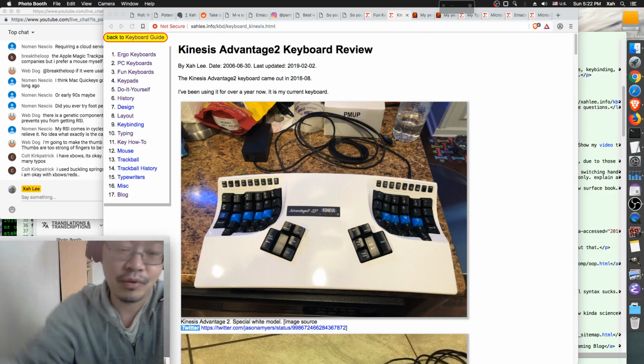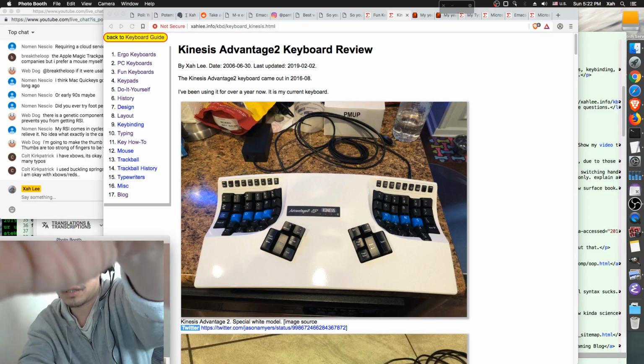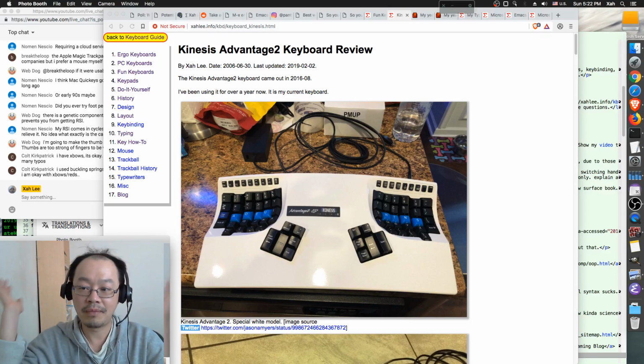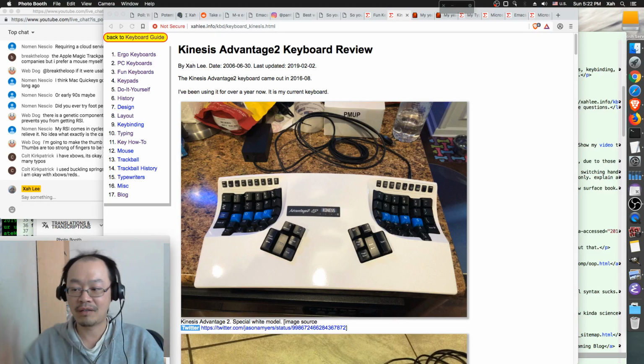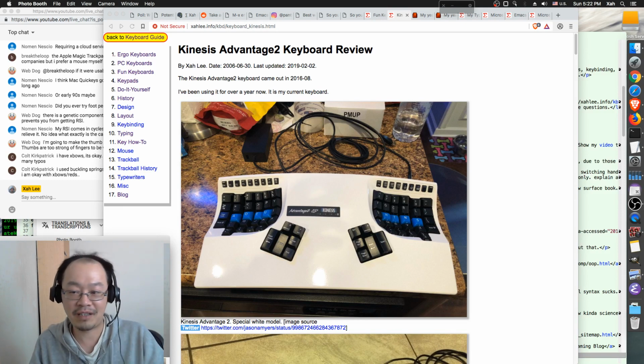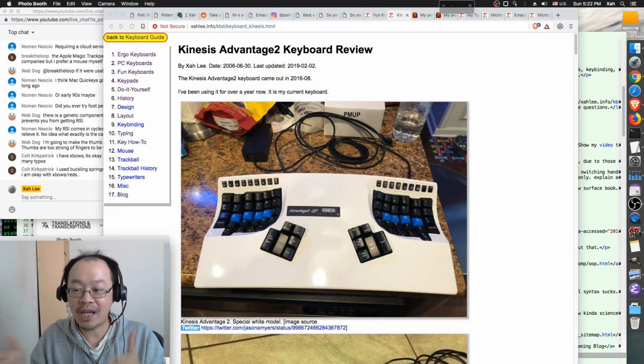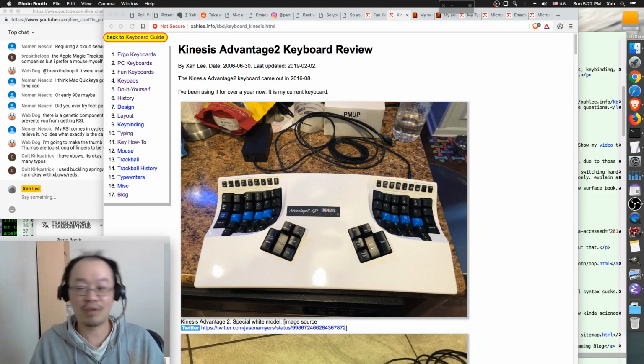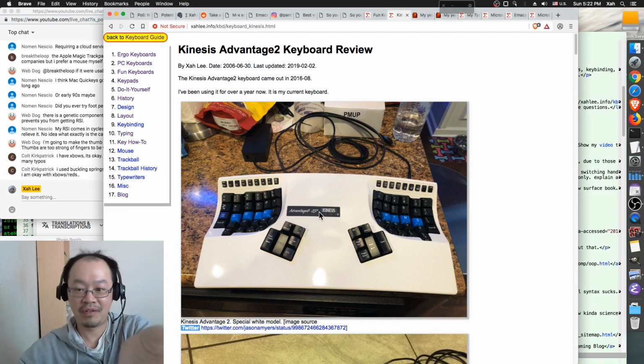Of course, it depends on how much you type. If you look at your mom or your dad or your granddad, they don't type much. Maybe they just use a computer for 5 minutes a day. That's all right. Maybe if you are a programmer, but it depends on how much you actually type. For most programmers, they don't actually type that much. So for most programmers, they don't see the point of Kinesis.